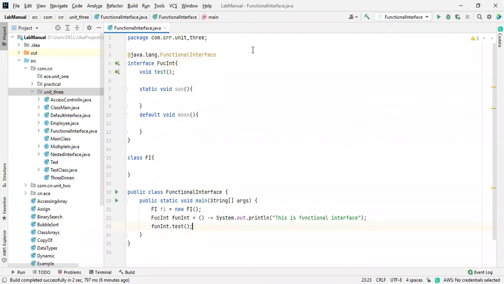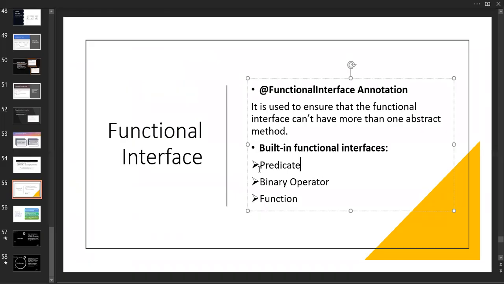Okay, then, we are going to discuss. I thought of recalling everything inside the second unit, but in Monday's class we'll recall everything. That doesn't matter because time is running out. These are the main things we are going to discuss: the built-in functional interfaces available inside Java. Which is a predicate.